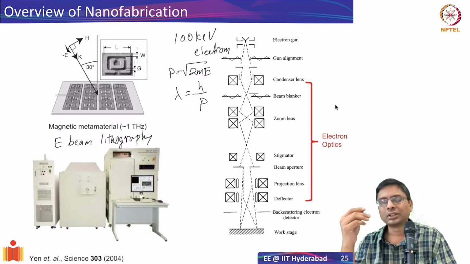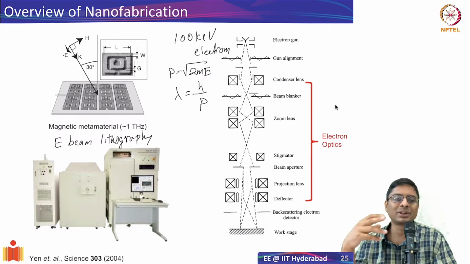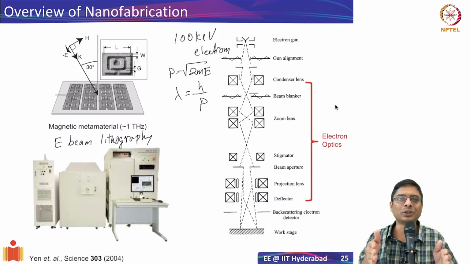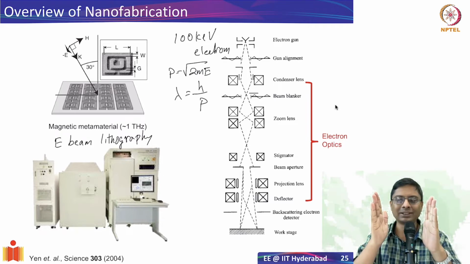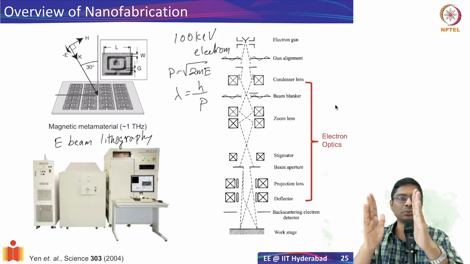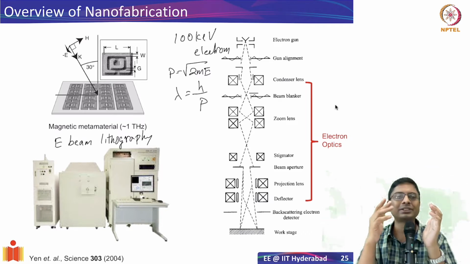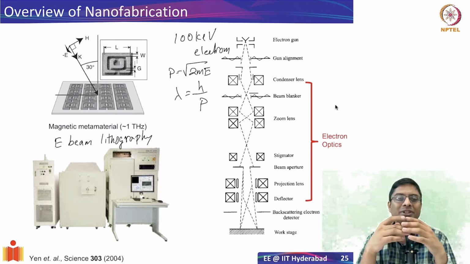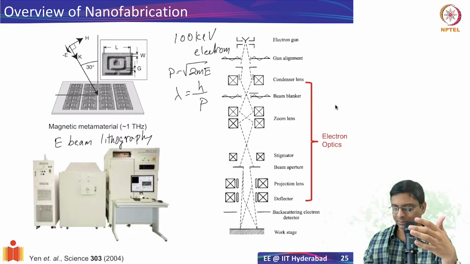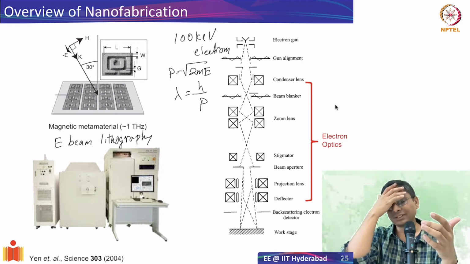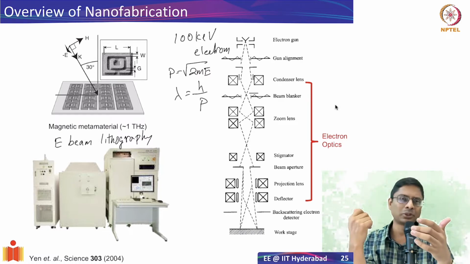But then of course electron beams are much more challenging to handle, because if you want to move the electron beam, how will you move it? Essentially what you have to do is put plates like this, and then make the electron pass through that, and adjust the voltages on the plates so that you move the electron beam back and forth, right? So that's a much harder problem. So the machines that can do it are quite sophisticated. One example of the machine I have shown here, wherein they actually use, I think, 30 keV electron beams,